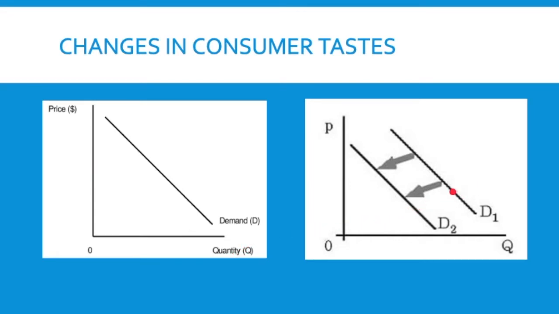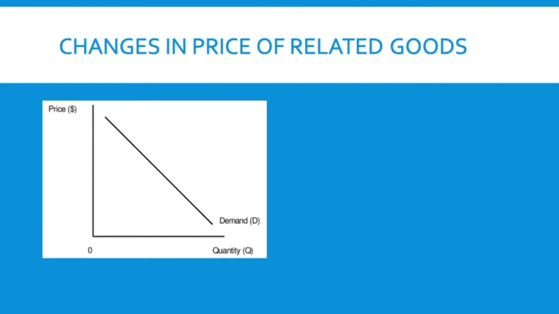You could also see a decrease in consumer taste if you had something opposite. If you looked at cars, and a particular brand of car had a report come out that it was unsafe, the airbags didn't go off or it caught on fire or something like that, you would see that all of a sudden consumer taste would drop for that brand of car, and this whole line would shift to the left. At all these different price points, fewer people would demand that car. So consumer taste can cause the whole line to shift one way or the other.